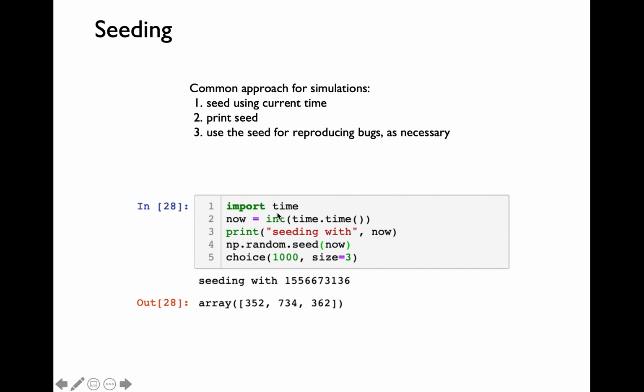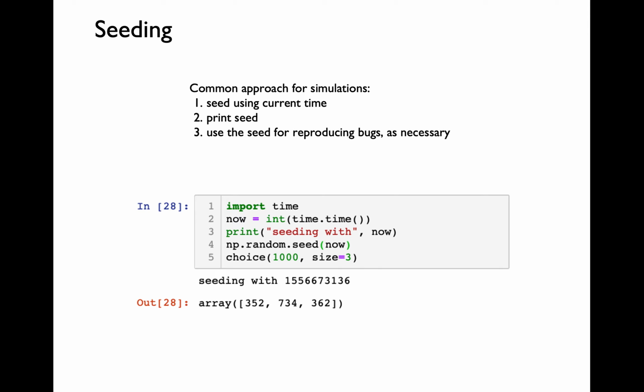I can convert the return value to an integer, which is going to give me the number of seconds elapsed since 1970 up to the current time. Why 1970? 1970 is the beginning of time when it comes to computers. So all of your calculations are based on 1970. So now the variable will contain the number of seconds elapsed since 1970's beginning up until the current second.